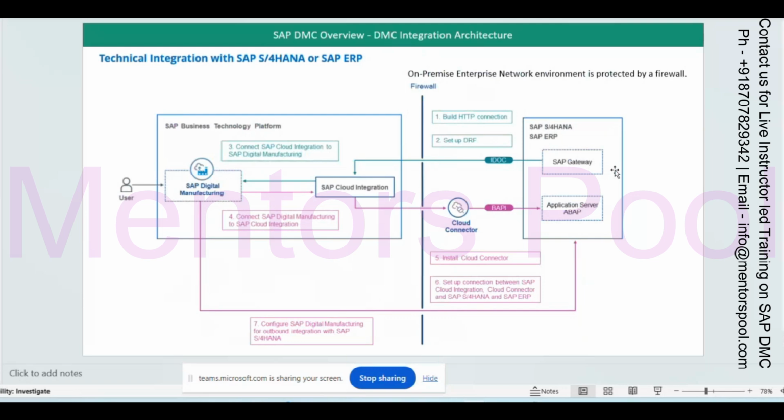What is the edge concept? Yes, edge is mainly used because DMC is a cloud application, and this is on cloud. From the connection perspective, the internet always needs to be very strong.